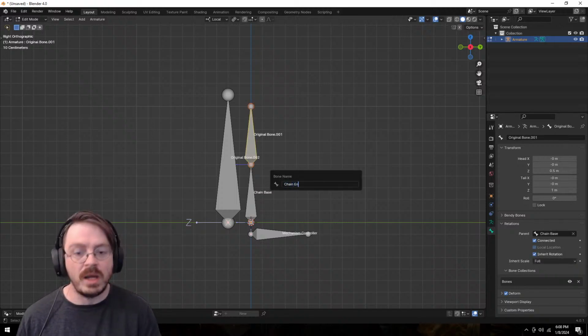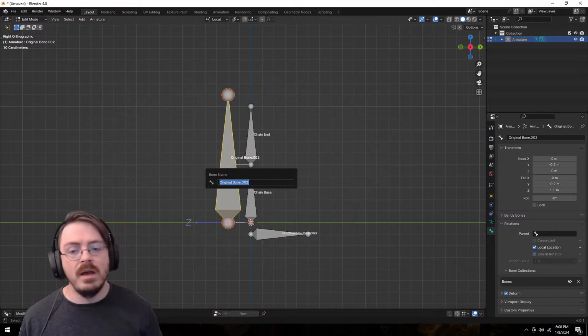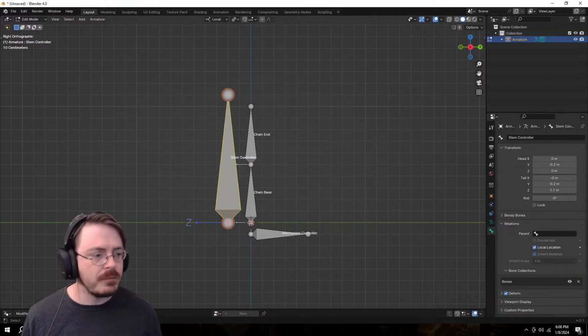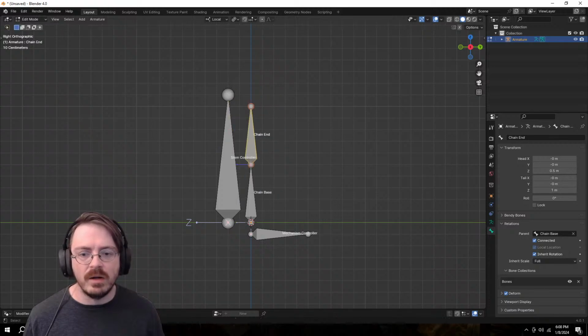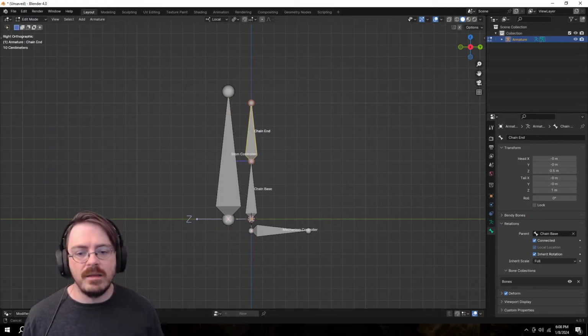Call this chain end. And then finally, we'll have this bone, which is the stem controller, right? So just as far as rigging mechanisms go, the idea behind this one, and I remember it already, I didn't need to watch much of the tutorial, which is awesome, is that